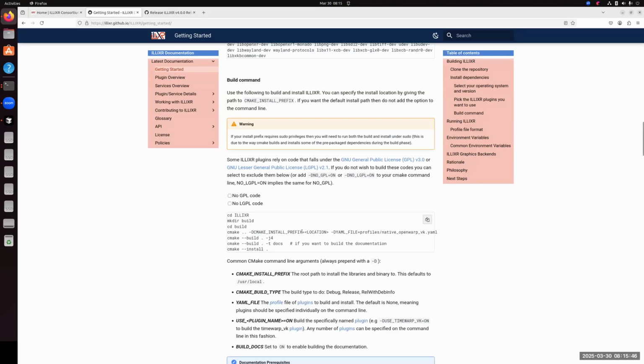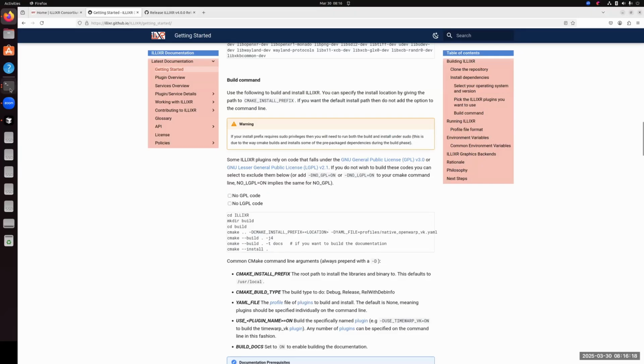So the CMake install prefix is a CMake variable that defaults to /usr/local. However, in our development, we usually set this to a custom location because when the machine is shared between multiple people, there may be conflicts when Elixir is all installed to /usr/local. So it would be great to set this to a location in your own directories to avoid conflicts.